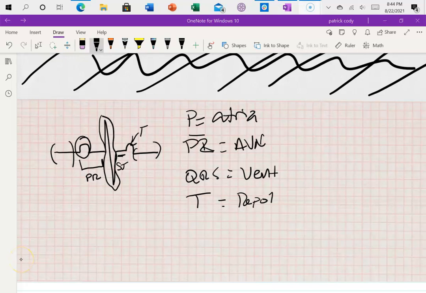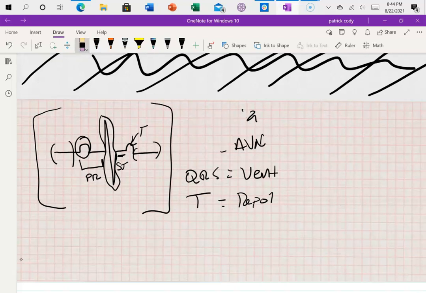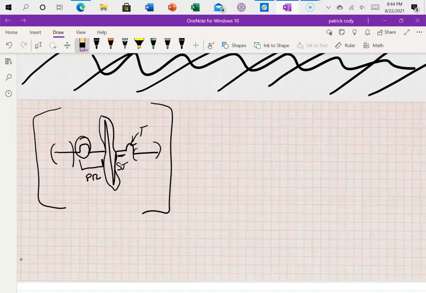So what I want to talk about first in this lesson is how is it that we get this cardiac cycle? Where does it actually come from? How is it that we see it? Okay, so what I'm going to do first is I'm going to draw a picture of a person, and I'm going to do this very much not to scale,